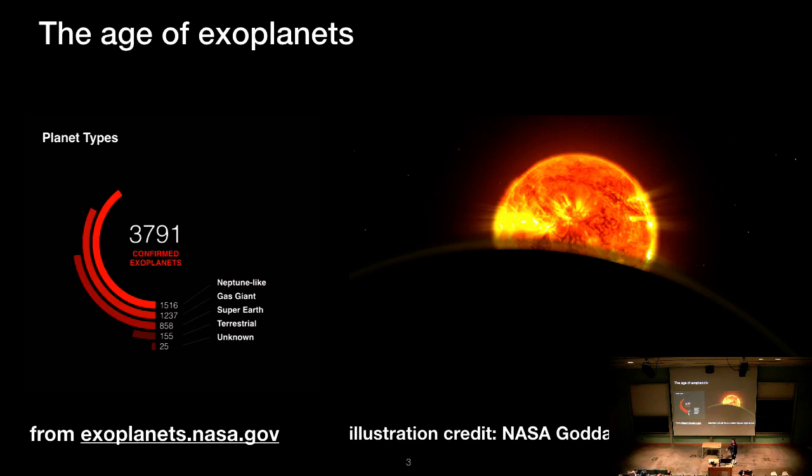All right. So to start off, this is pretty obvious, but we're in the age of exoplanets, right? It's been 20 years now since the first planet was found orbiting a star outside of our solar system. I had to update this today because I had this graphic in a talk I gave a couple months ago, and there's a different number of exoplanets discovered even back then. And this is an artist's impression of the very thin, tenuous atmosphere that a planet has with the star featured right in back of it. That's going to be the central theme of my talk, trying to understand stars so that we can understand the exoplanets.